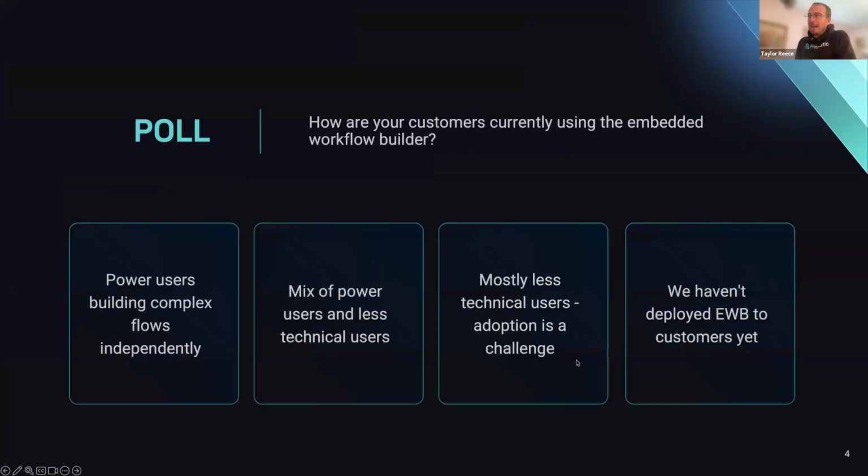To kick things off today, I want to start with a poll because I'm interested in how you're currently using the embedded workflow builder, or what sort of users you have in it. Do you almost exclusively have power users that are building complex workflows autonomously, independently? Do you have a mix of power users and less technical users? Maybe you've got a lot of less technical users who are struggling with the adoption of the low code builder, and it might be a challenge for them. Or you might just be curious about EWB, the embedded workflow builder, and haven't deployed it to customers yet. While you're punching in your answers,